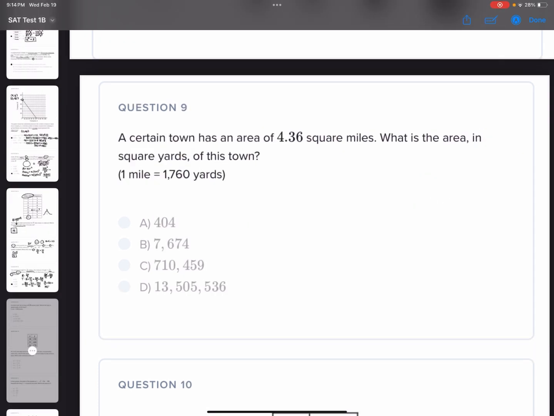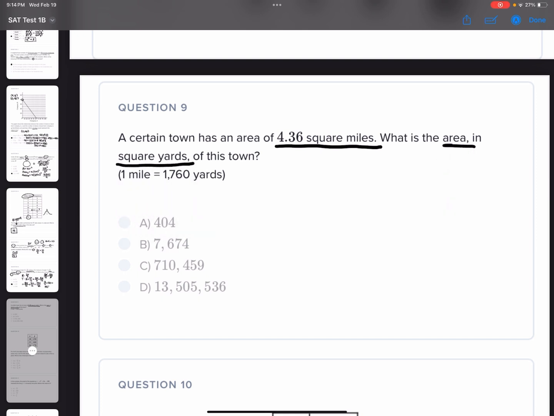A certain town has an area of 4.36 square miles. What is the area in square yards of this town? And for reference, they actually already gave you the conversion. 1 mile equals 1,760 yards. So we're starting with 4.36 square miles, and we are trying to find the area in square yards,